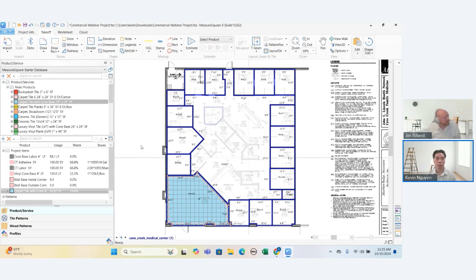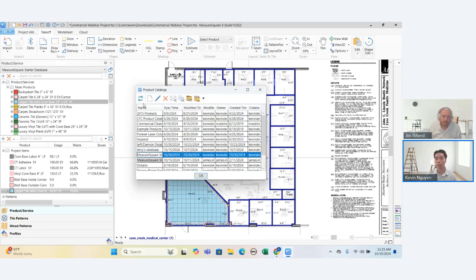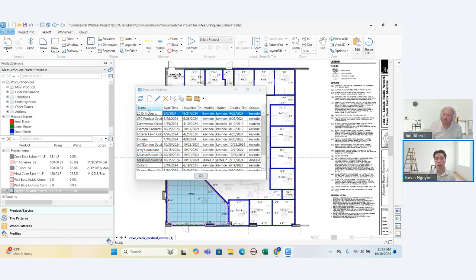Exactly. So the first thing I want to cover is how to sync your product catalogs with different team members. If you see here on the top left of my screen, I have that 2 little barrels icon right there. By left clicking on it, you can click that sync button to sync your products database to the MeasureSquare Cloud for backup. Before you even share this with your team members, this will allow you to back up a copy of your database to the MeasureSquare Cloud. So in case something happened to your MeasureSquare one day and you cannot open it, you always have that backup